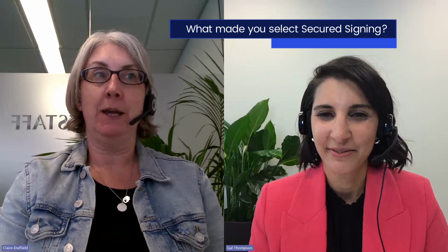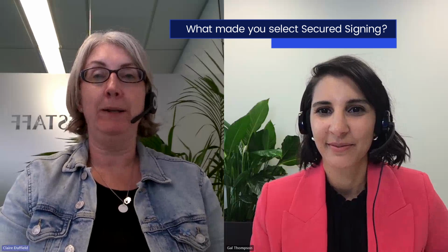What made us select secured signing overall was a very competitive price. It was fully integrated with Bullhorn, which really eliminated some of the trickier aspects of setting documents up with something that's not fully integrated. What really swung it as well was the workflow flexibility in secured signing, because you can have different workflows on different documents, and it's amazing what you can do with that once you get the hang